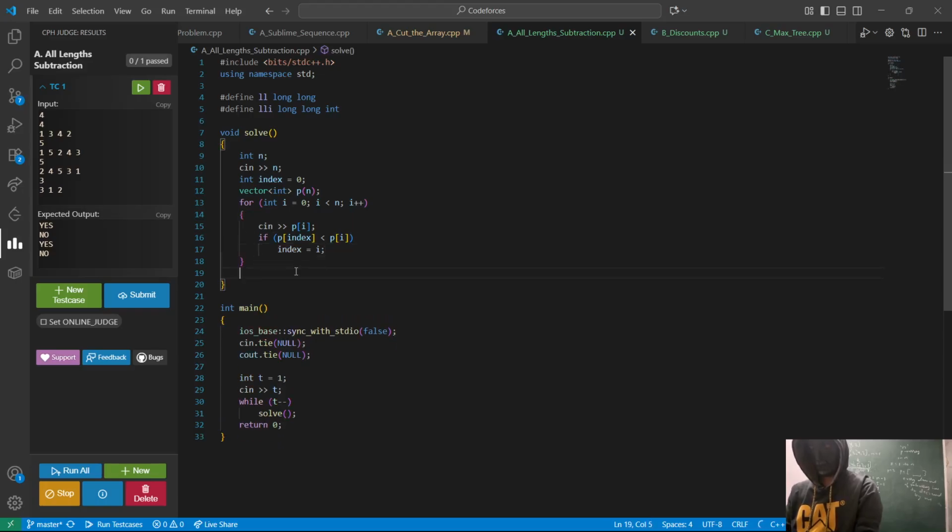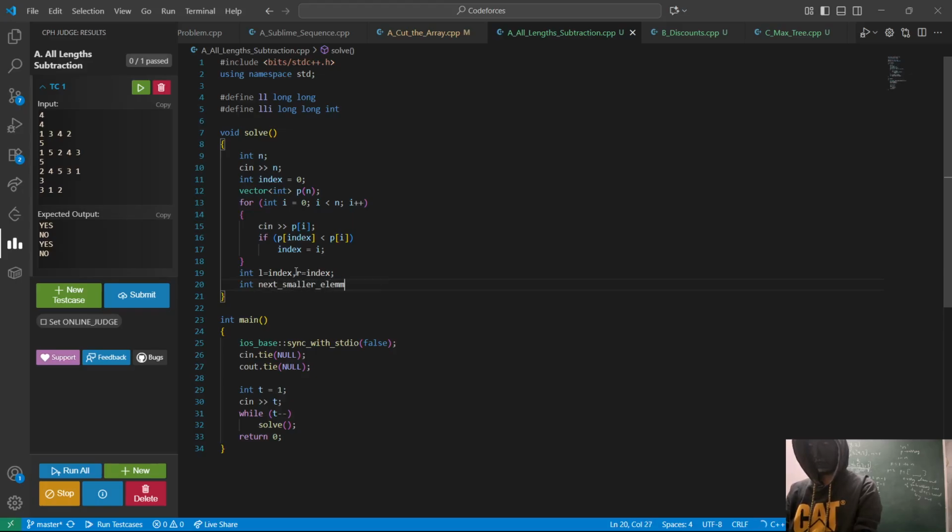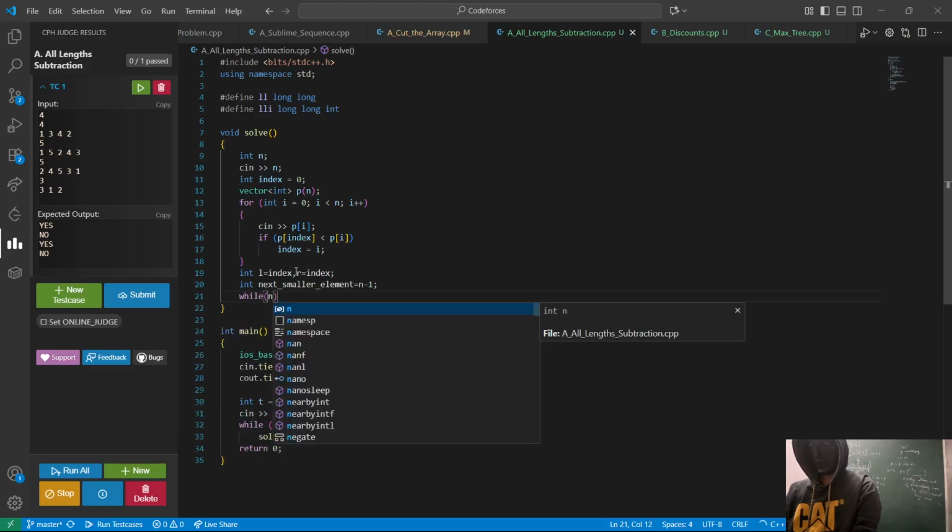Once I have found the index of the highest element, my left pointer will be pointing to that index, and right will also be pointing to index. I'll be taking the next smaller element that needs to be found, which is n minus 1, and while this next smaller element